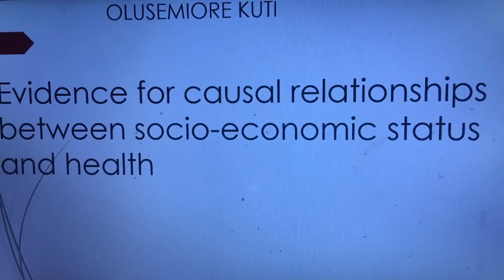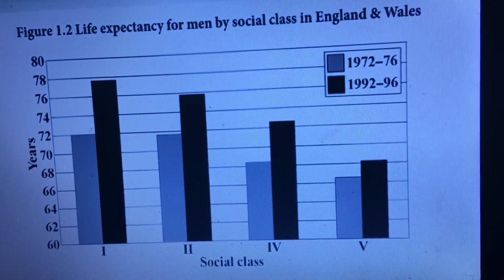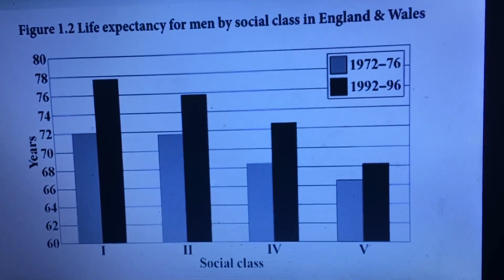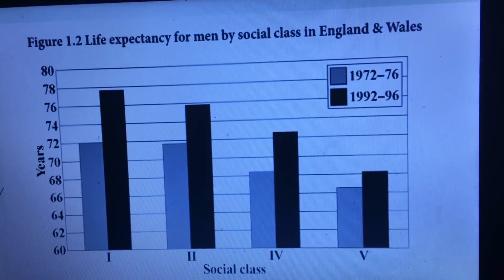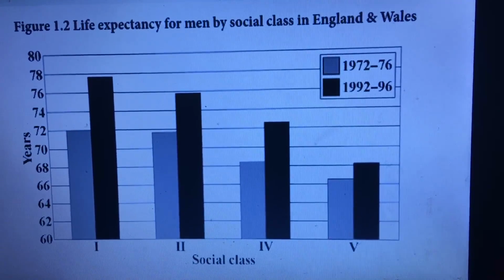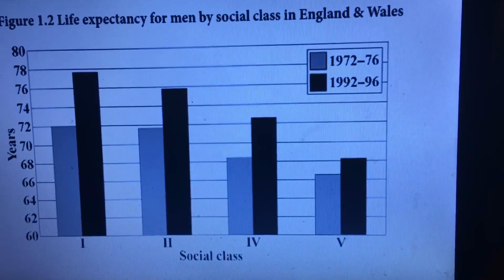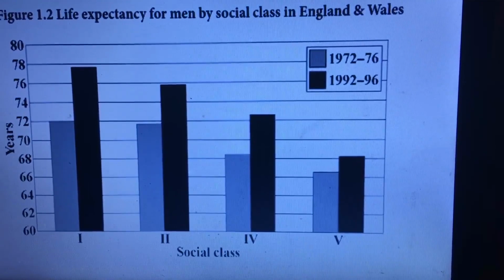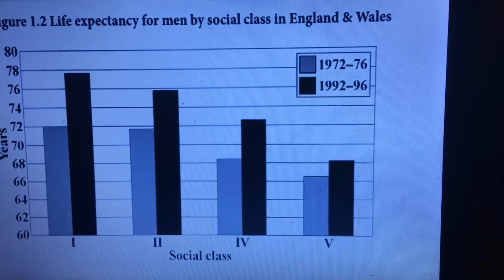any underlying health issues. This figure shows life expectancy for social class between the 1970s and 1990s. In both periods, there is a clear gradient. The higher the social class, the longer the life expectancy. But between the 1970s and 1990s, the life expectancy for all social classes improved, so much that if you were social class 4, partly skilled, in 1992 to 6, your life expectancy was greater than someone in social class 1